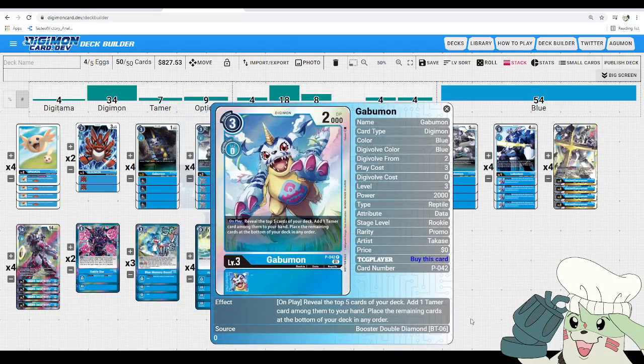Next up, we got our last rookie, which is Gabumon, which is a box topper that you get for buying a box of Booster Set 6. 3 to play, 0 to Digivolve into, 2000 DP, and then on play, reveal the top 5 cards of your deck, add 1 tamer card among them to your hand, and then place the remaining at the bottom of your deck